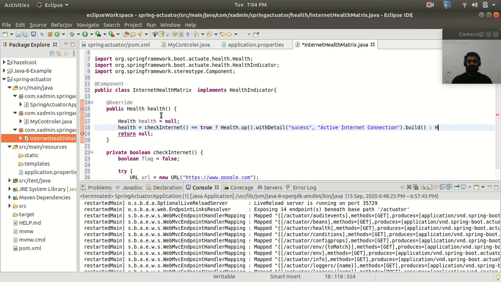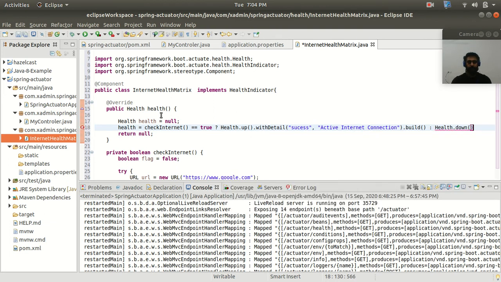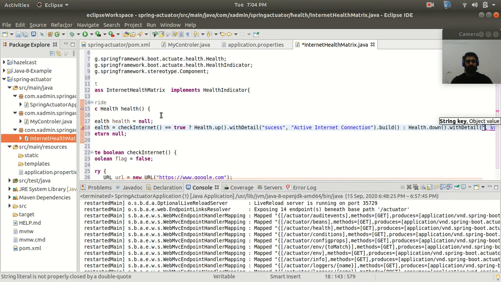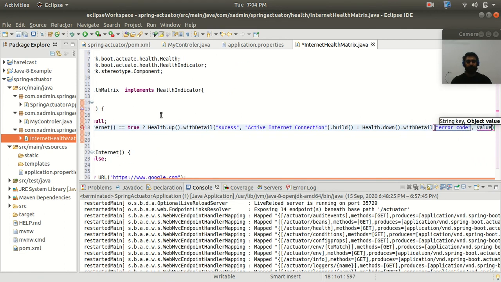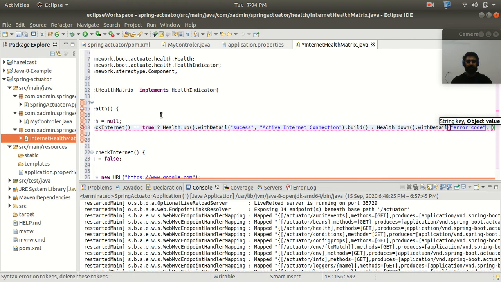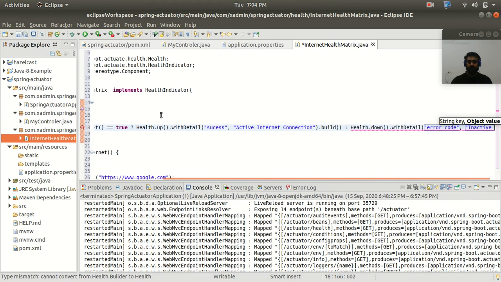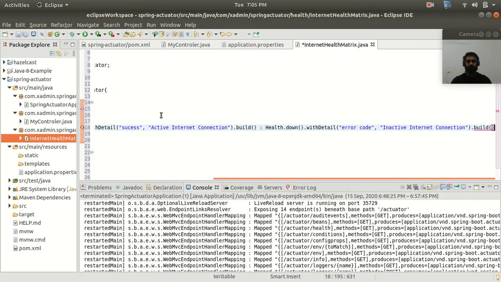So in that case what I will do, Health dot down method, and then withDetail I will provide the key and the value. Let's say I am providing the key as error code, and in the key error code I am providing the value as inactive internet connection. Let's call the build method.